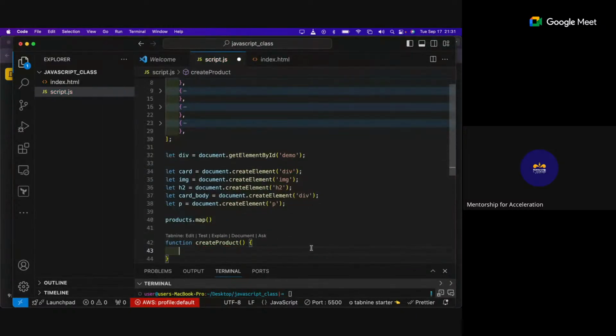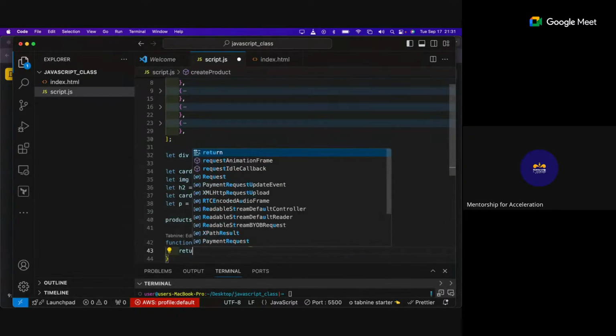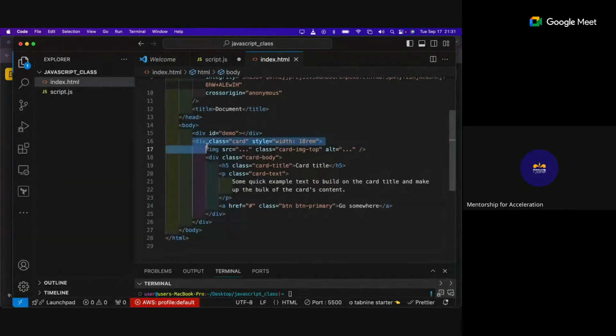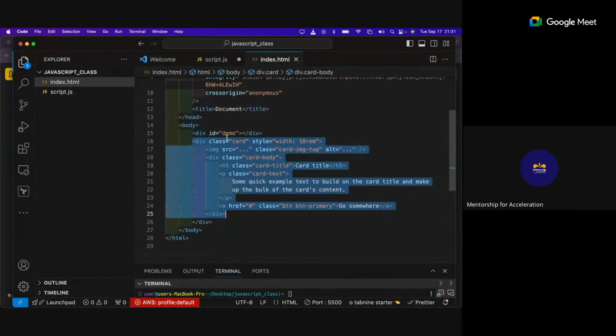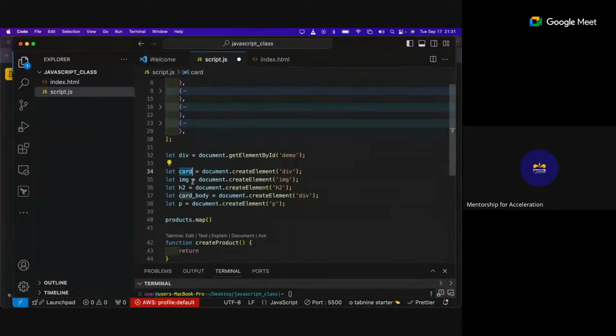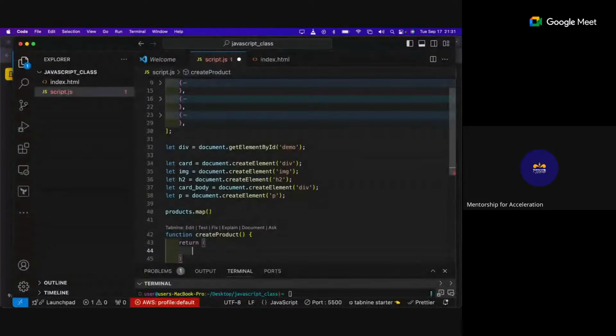Then what you need to do is return anything you want to return. So let's say we want to do the same thing we did here, which is this card, image. We've already created them, the card, the image, and so on. So what I'm going to do here is that I'll just say